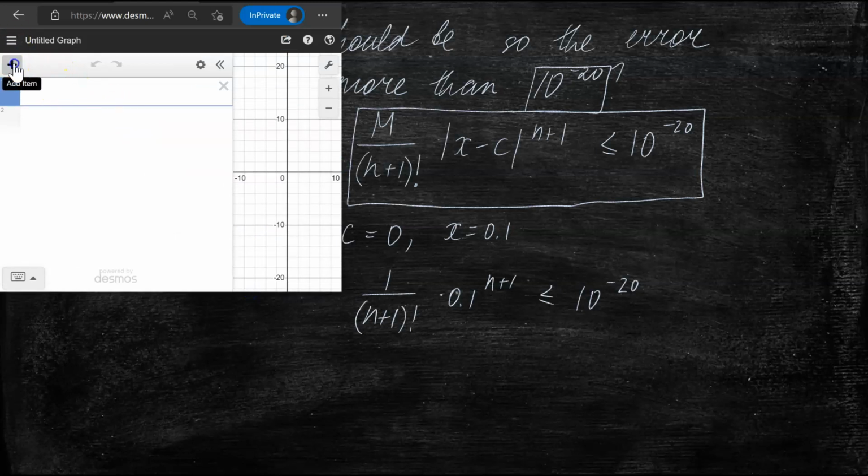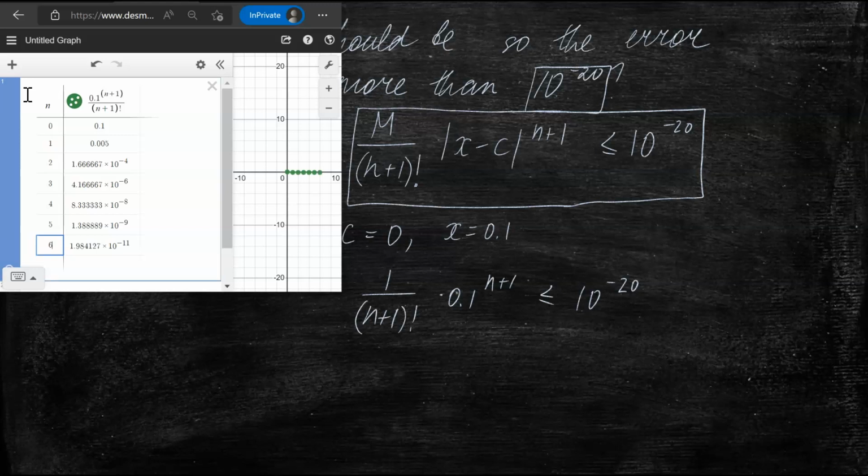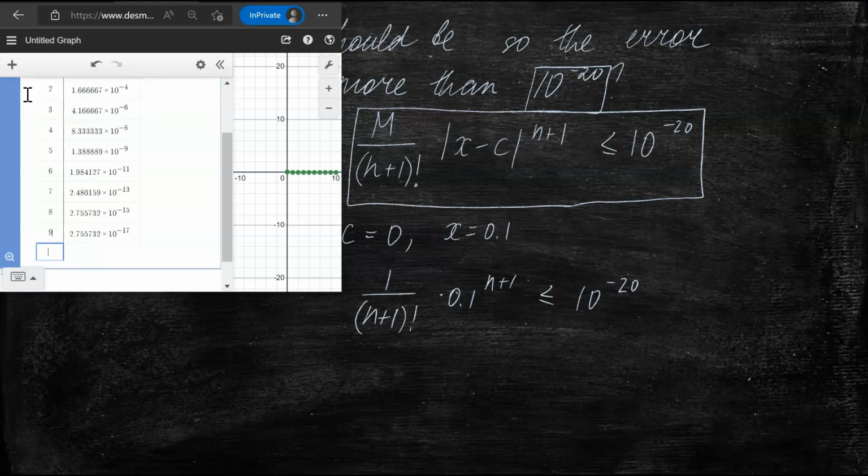So we're just going to create this table of input outputs. So our input is n and our output is this expression. So I'm just going to type 0.1 to the power n plus n. Doesn't like it. And n plus 1, and all this divided by n plus 1 factorial. So when n is 0, this is what we get. When n is 2, 3, 4, 5, 6, 7, 8, 9, 10, 11. And you see that when n is equal to 11,